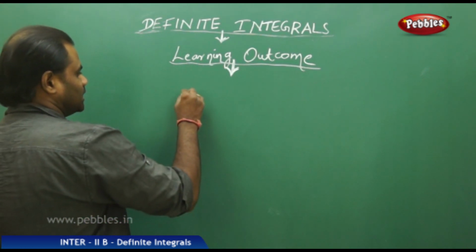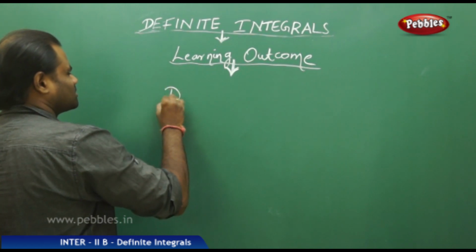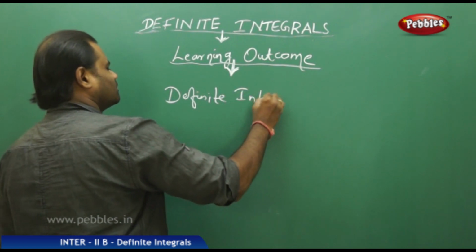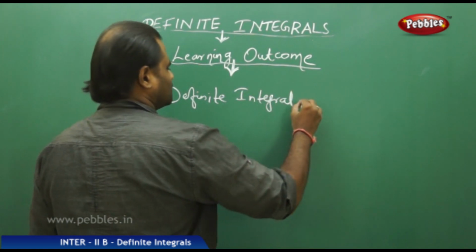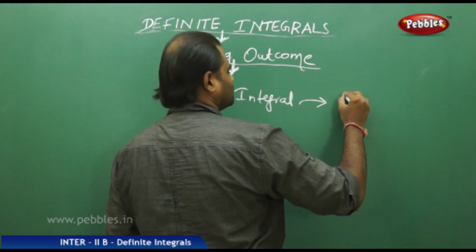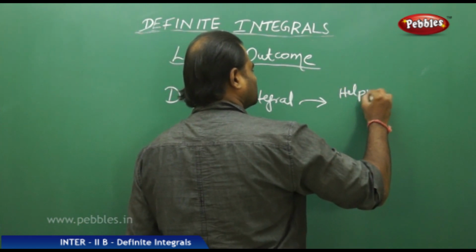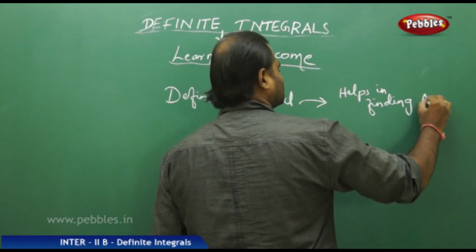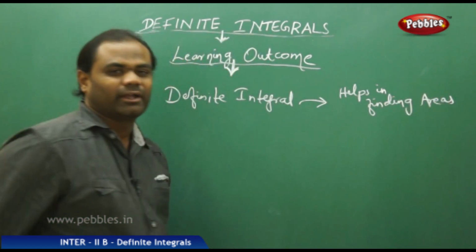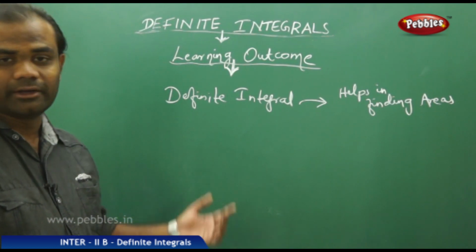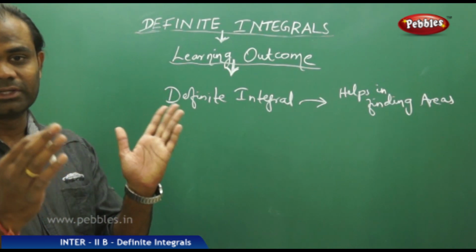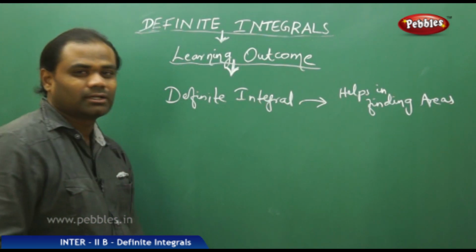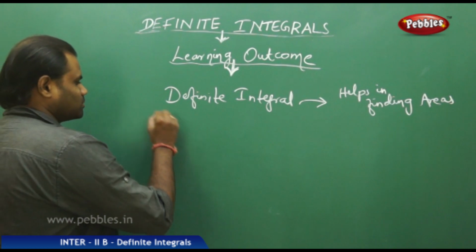We have found that definite integral helps mainly in finding areas of any irregular shapes bounded between two lines. So definite integral helps in this, and the next learning outcome is that I need to have